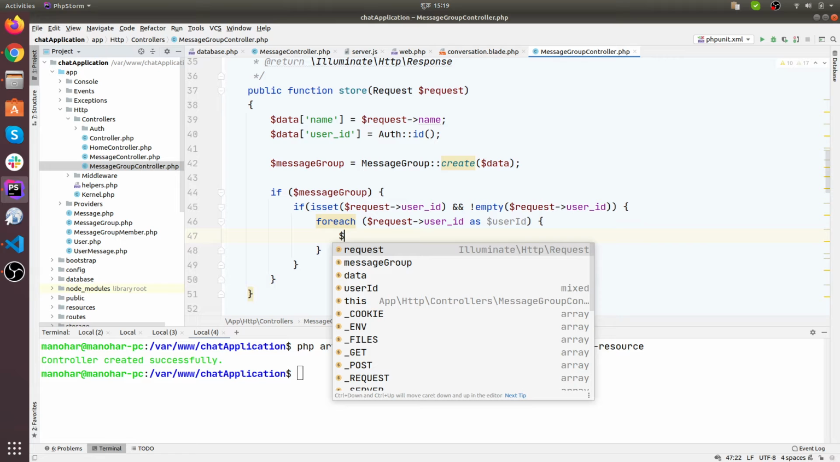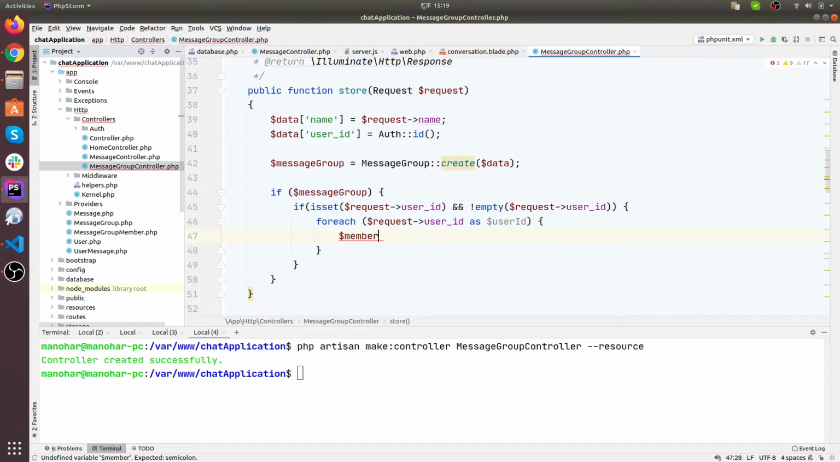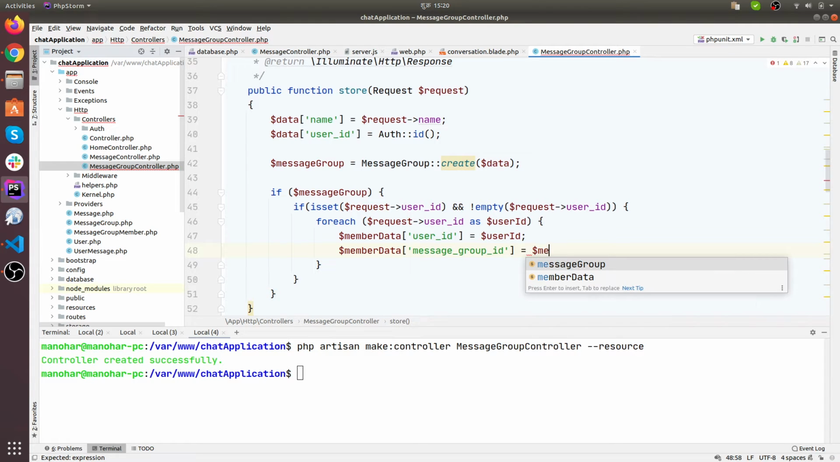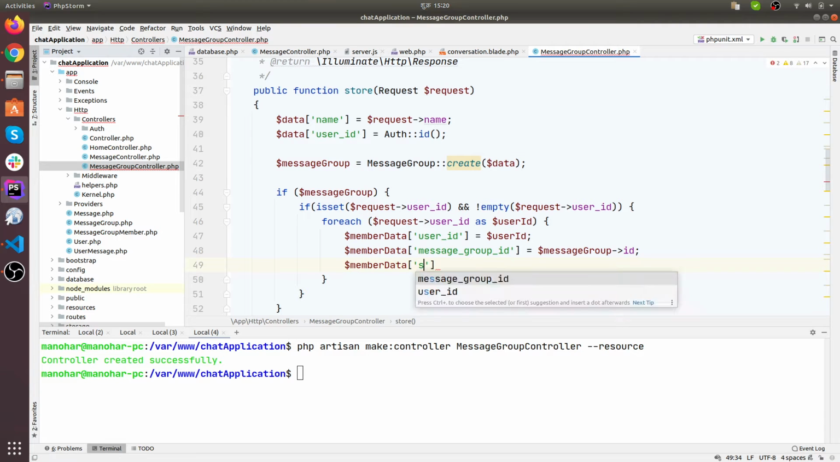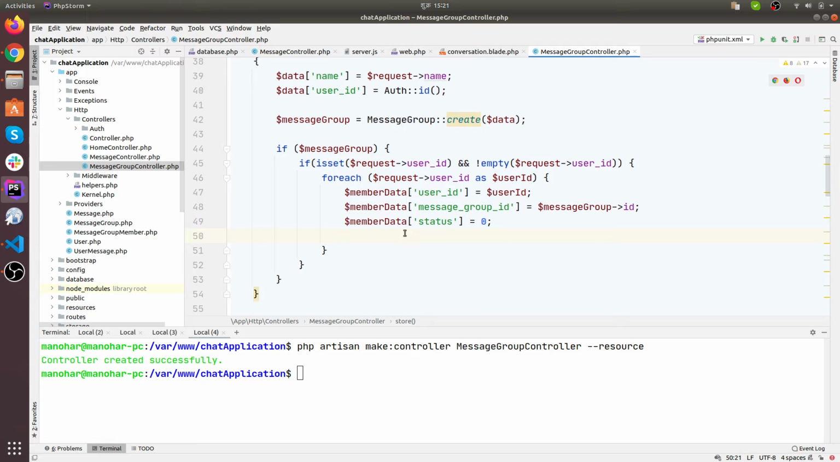So let's define member data here. Member data user ID equals user ID, member data message group ID equals message group ID, and then member data status equals 0 for now. And then let's